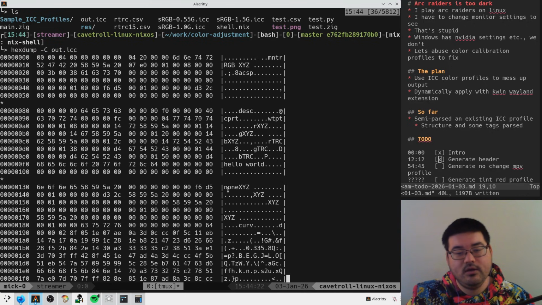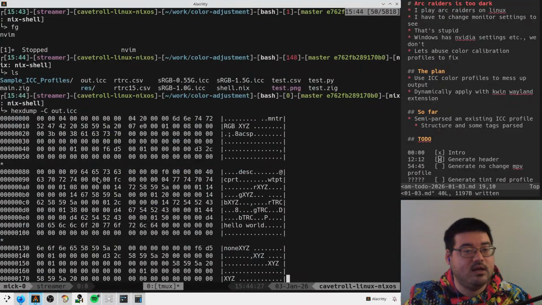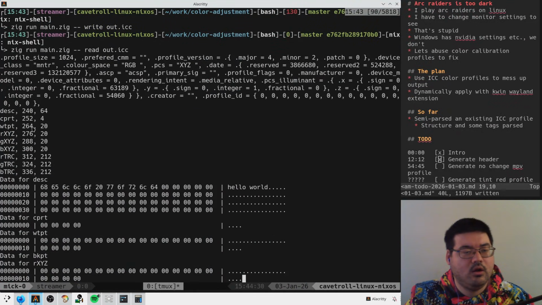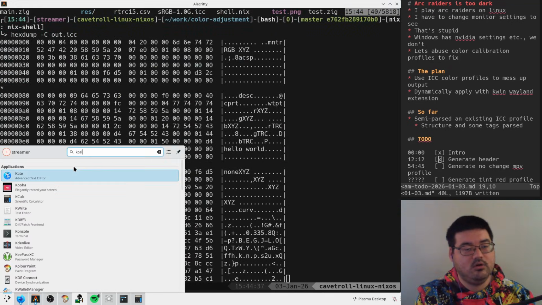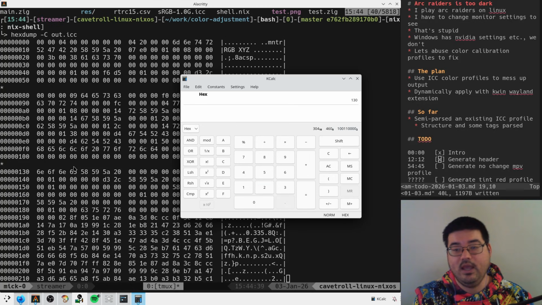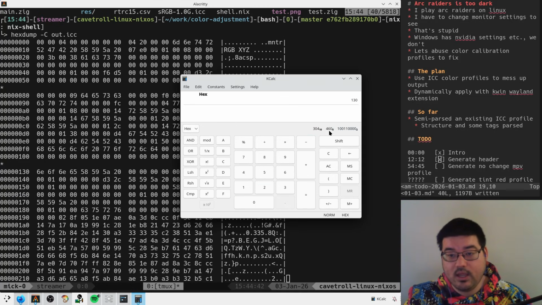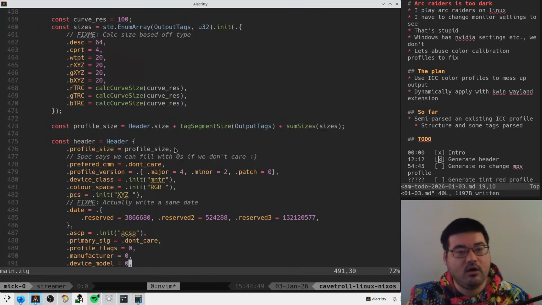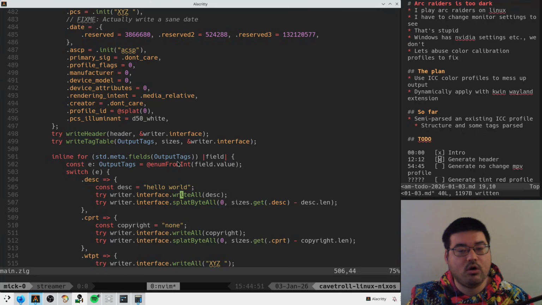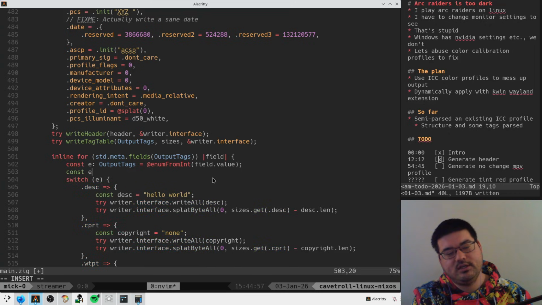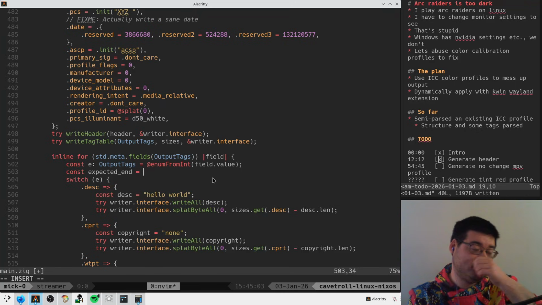Okay, so we do see this none here at 130. And in our curve data, when we read this thing, copyright is at 252, but this is in decimal. So what is 130 hex? 130 hex is 304. So the header offsets are wrong, or our sizes are wrong. So what I want to do is say the expected end is going to be